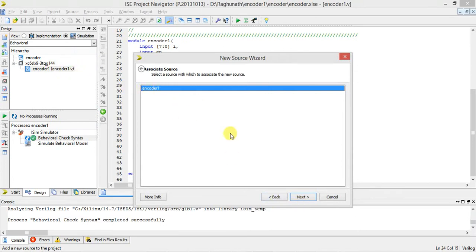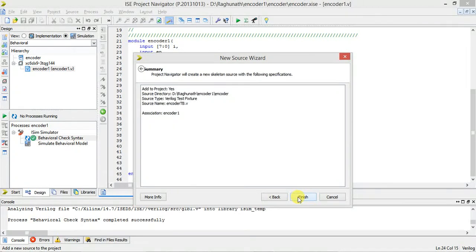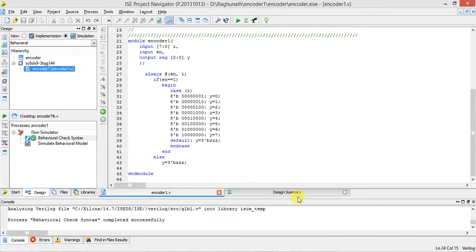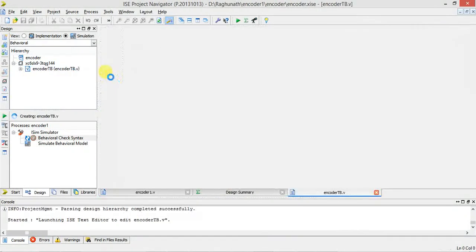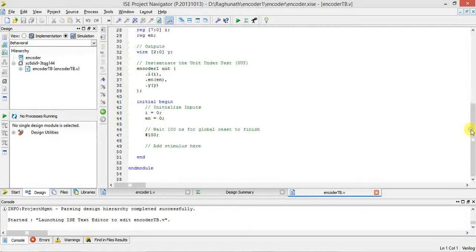By default it selected that. If many files are there, you have to select the particular file. Here only one file is there, so I selected that. After that you can see by default it will give enable, one input, input I is equal to 0, enable is equal to 0.